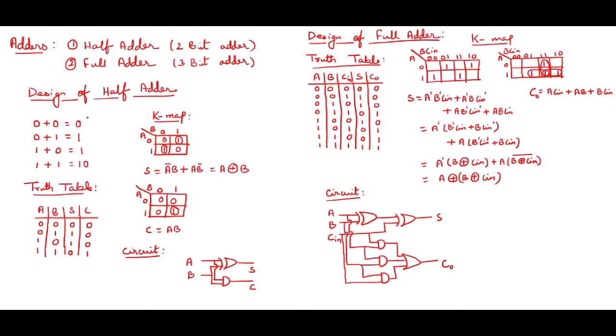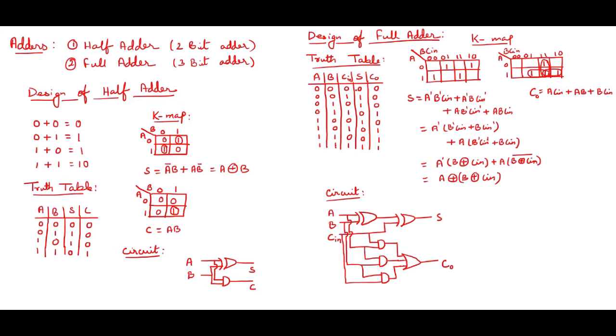Here I have not shown you this logic 0 plus 0 everything, because by this time you know how to add 2 bits. So here I'm adding 3 bits. I have taken the variable A, B and C in, and when I add these 3 variables, okay, I'm getting the other variable S and C0. So S stands for sum and C0 stands for carry out, and the difference between these two C, I have taken this is C in and this is CO or carry out, right? So 3 variables means I will start with 0 0 0, I will be ending with 1 1 1. So accordingly I have taken the combination from 0 0 0 till 1 1 1, okay.